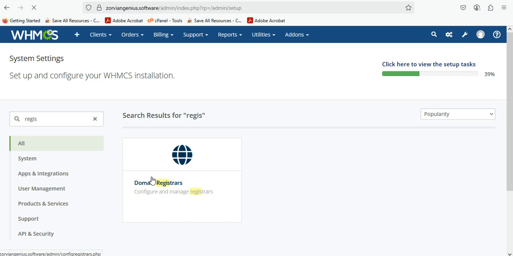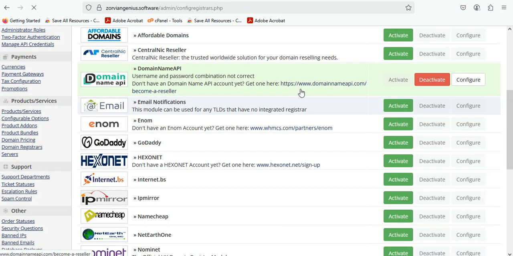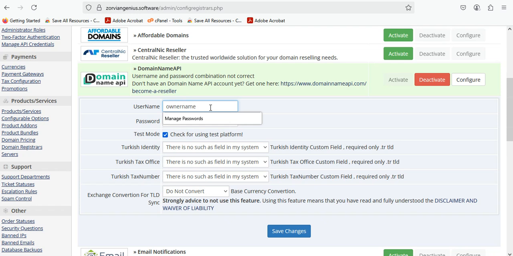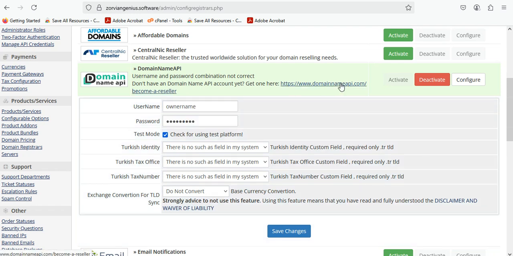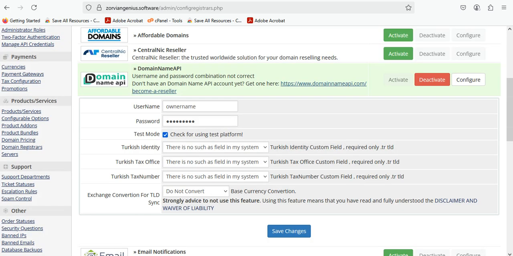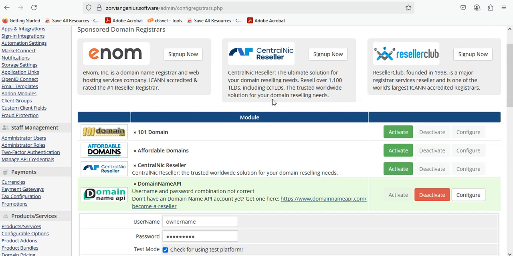It's already active because I've activated it before. After activating it, you configure it. If you don't have an account with domain name API, you click here to become a reseller, and it will take you to register and fill all the required information to get started.